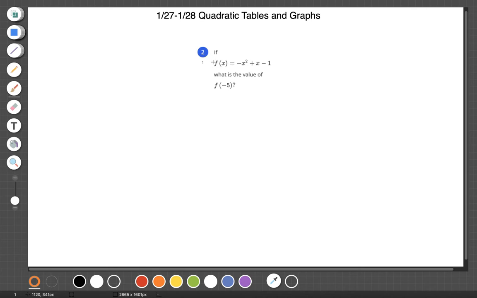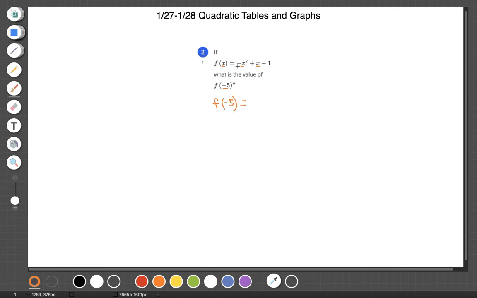So we have this function. If f of x equals negative x squared plus x minus 1, what is the value of f of negative 5? So what we need to notice here is that this x became negative 5. Well, what's important is that we have an x here and we have an x here. So those need to become negative 5 as well. Okay, so the way we're going to do this is f of negative 5